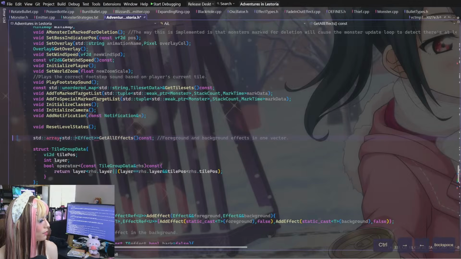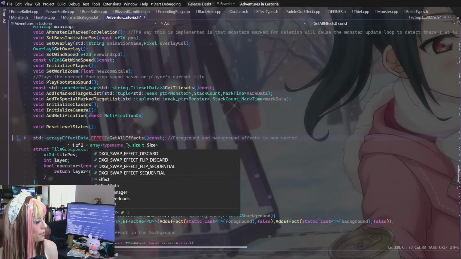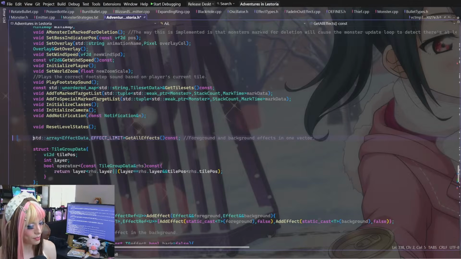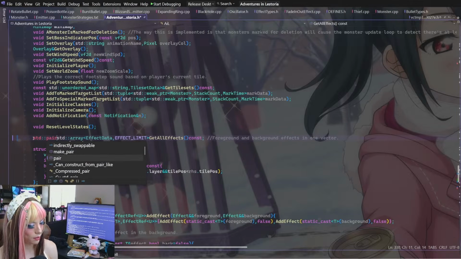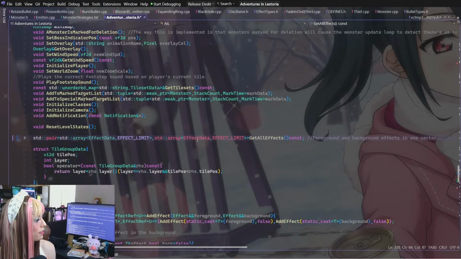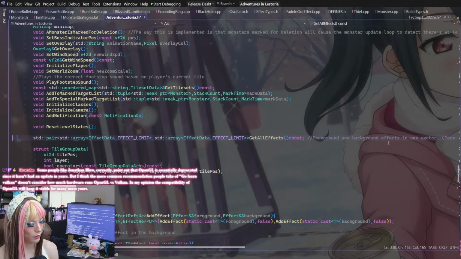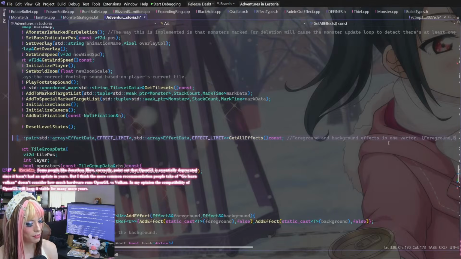Okay, so let's do standard array, effect data, effect limit, and then we'll have 2 of these in a pair. The first one is going to be the foreground, the second is the background, and then I guess we need to specify that in one vector, foreground, comma, background.